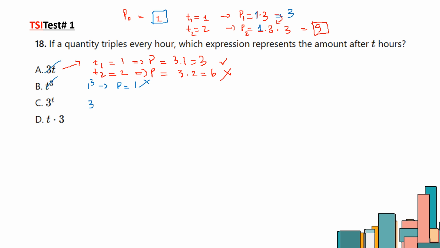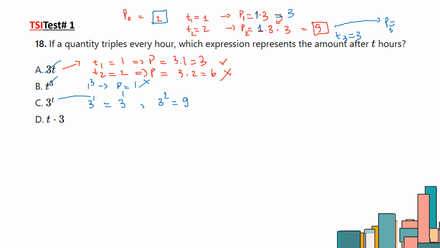Now this one, we have 3 to the power of 1 when t equals 1, right? When t equals 1, p equals 3. That's nice. Now we have 3 squared, that is equal to 9. Perfect. Okay, and also the next one, if t equals 3, then you multiply this 9 by 3, your